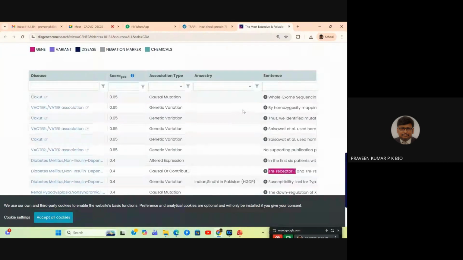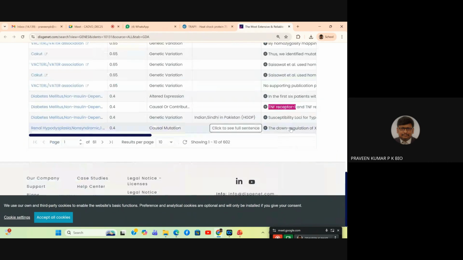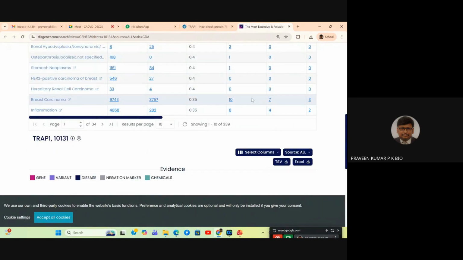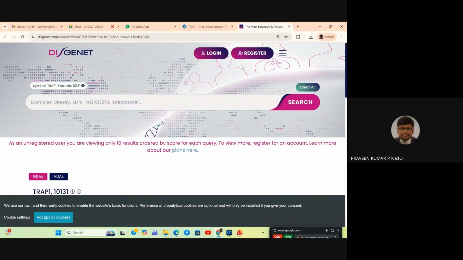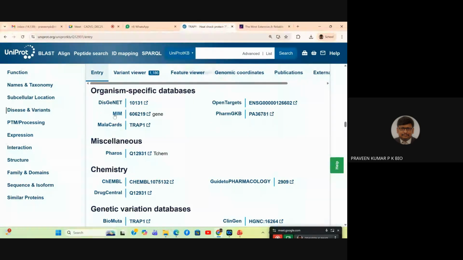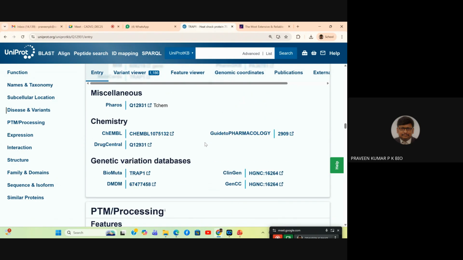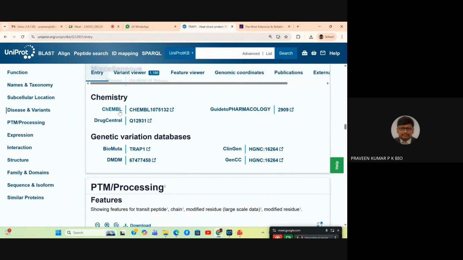We can also download the TSV file, and after downloading it, we can open it in Cytoscape and see the disease networks. All this information related to diseases you can find even in DisGeNET. Besides DisGeNET, we also have OMIM, Open Targets, PharmGKB, and MalaCards. We can also see the chemistry, like what drugs are used as a TRAP1 inhibitor,